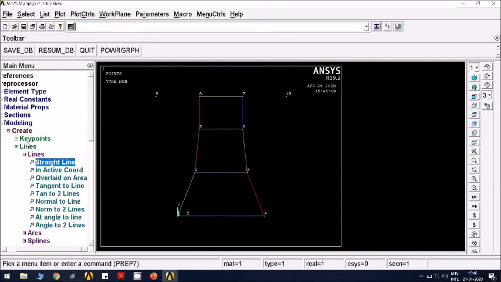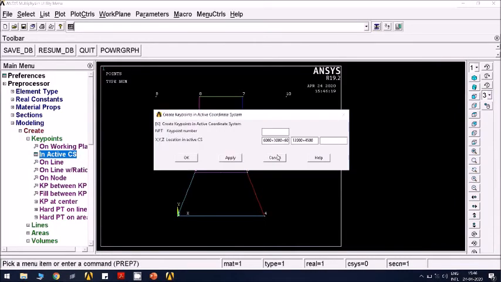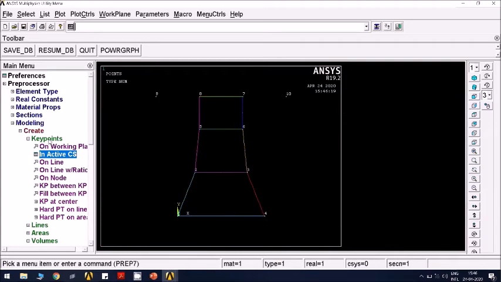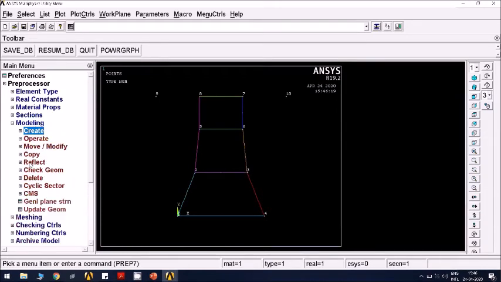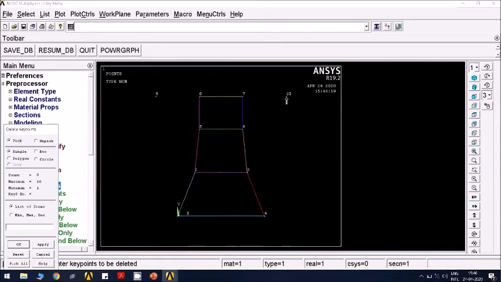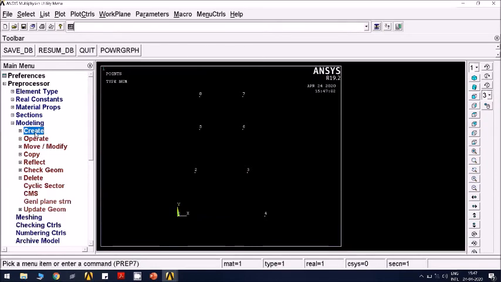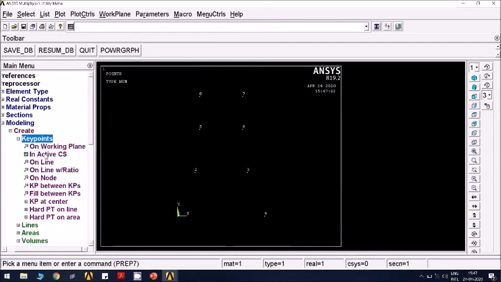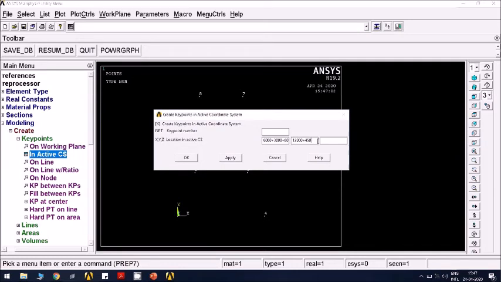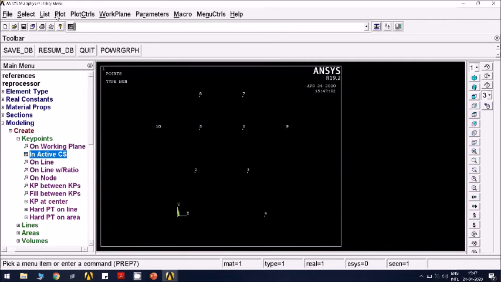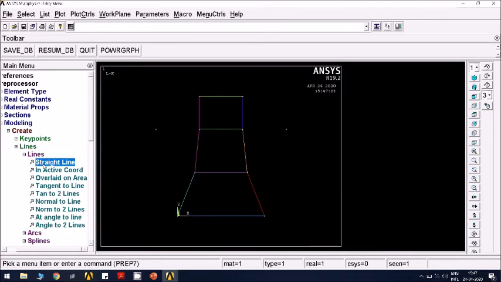Sorry, I have made a mistake here. I should have created, delete key points, this and this. Create key points. Y coordinate will be only 12,000. Plot multi-plots. Create straight lines.